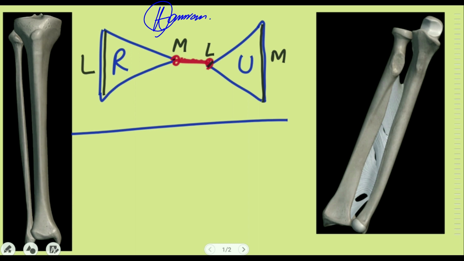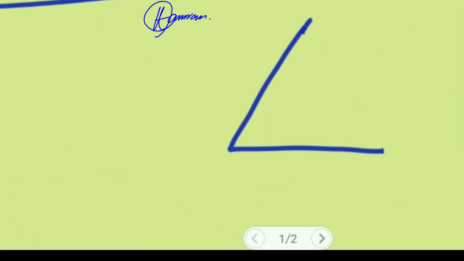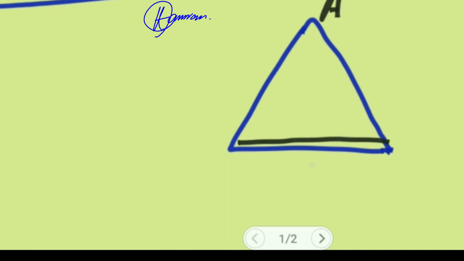the homologous bones of the upper limb forearm. This is the cut section of the tibia bone, triangular in cut section. This is the anterior border of the tibia bone, and against the anterior border, tibia has got a surface that is the posterior surface of the tibia bone. Tibia bone provides attachment to the interosseous membrane here. Here is the interosseous membrane present between tibia and the fibula.